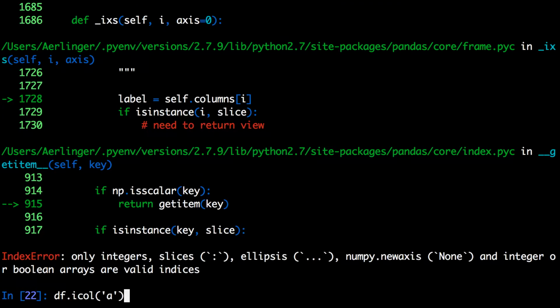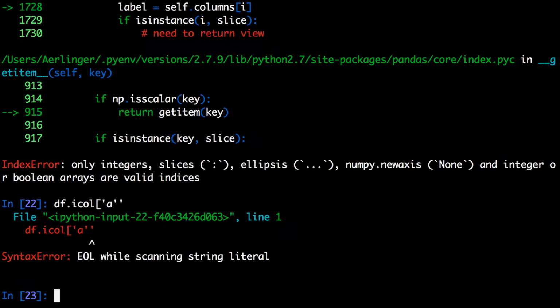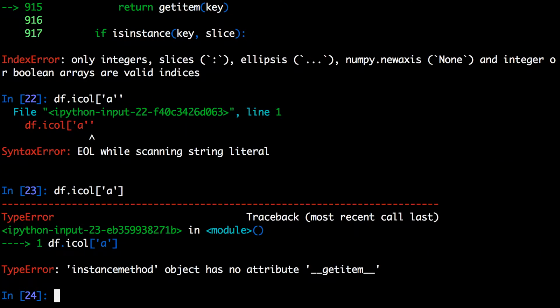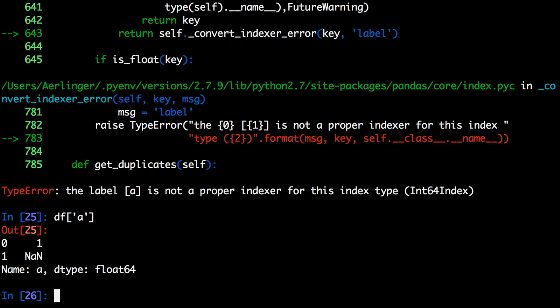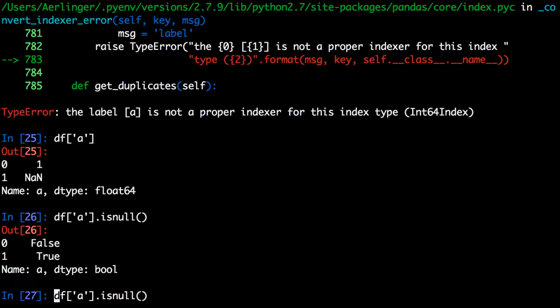I don't know. It's too late. No, it's this. Oops. This. No. Okay, so if I do df.A dot isnull, and I just index the data frame on that,